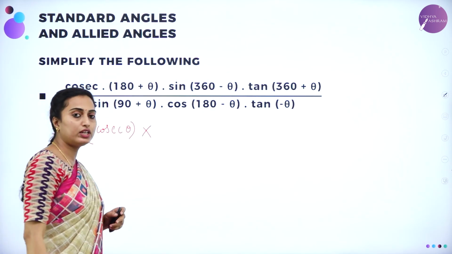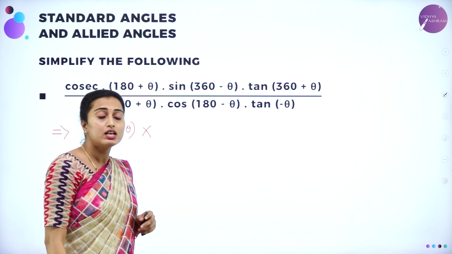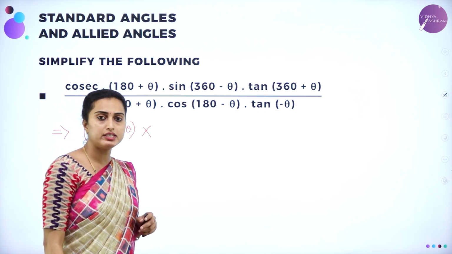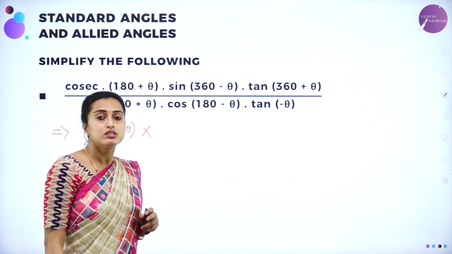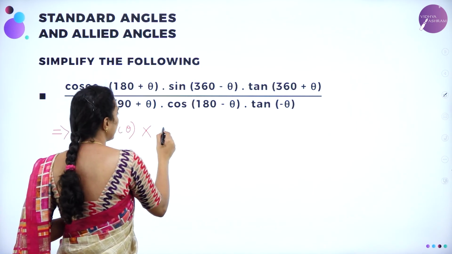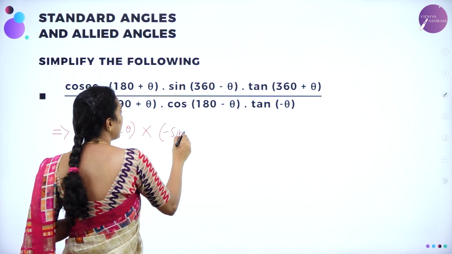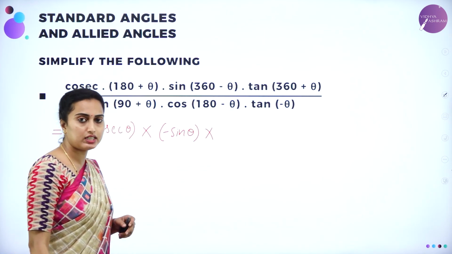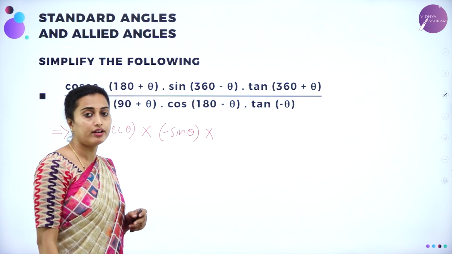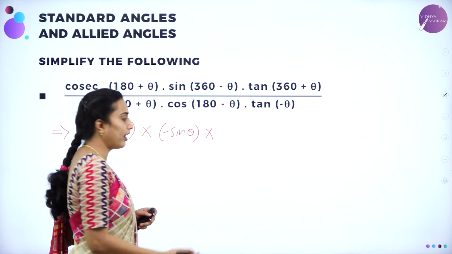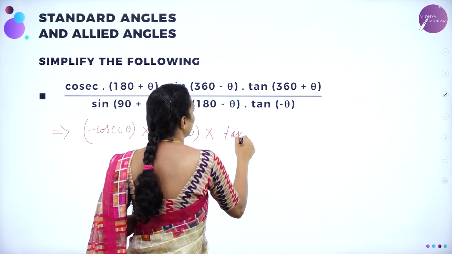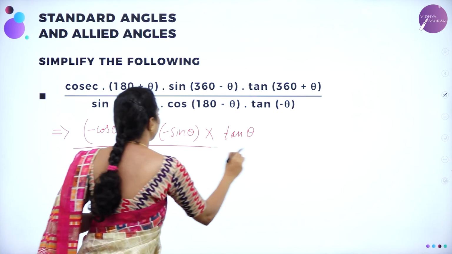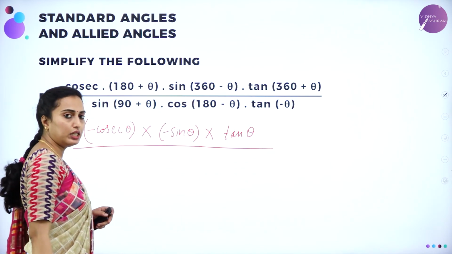into sine of 360 minus theta. In 360, sine will be sine only. 360 minus theta will fall in the fourth quadrant. So sine will become sine, which is minus sine theta, because fourth quadrant sine is negative. Into tan of 360 plus theta, it always falls in the first quadrant. 360 it is tan, becomes tan only, tan theta